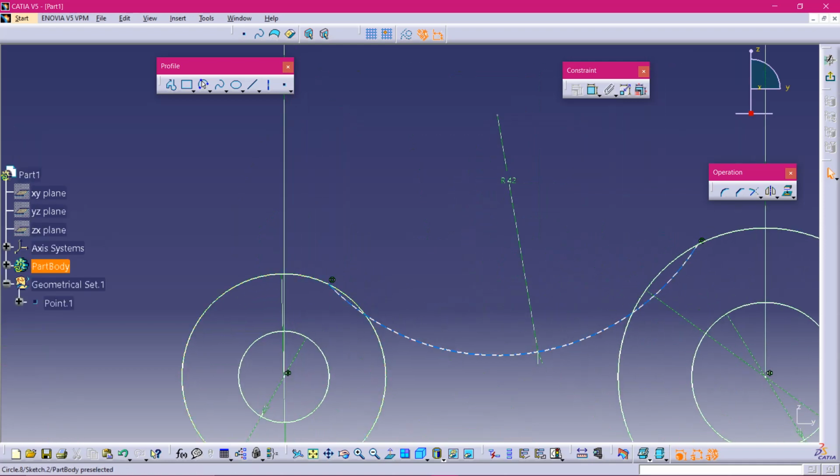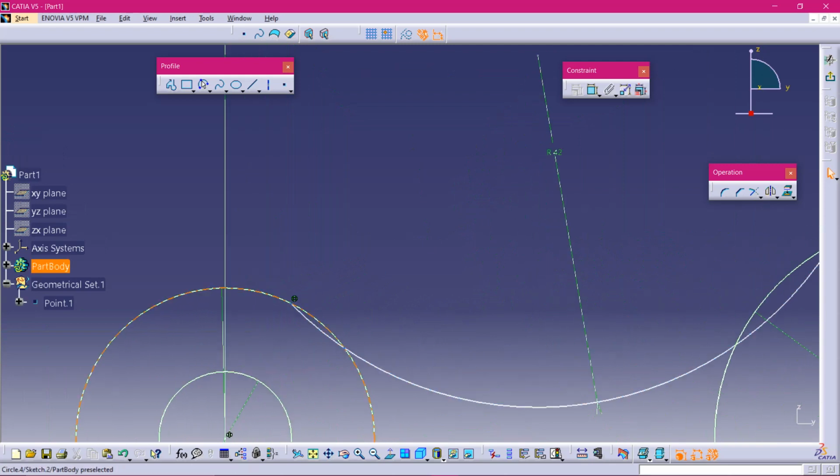the circle and the arc. That means you have to give a tangency. As I said yesterday, when you do this in Part Design you have to pad it or pocket it. When you are not giving tangency you will get stresses raised due to these sharp edges or intersections in the sketch. So there shouldn't be any intersections in the sketch.